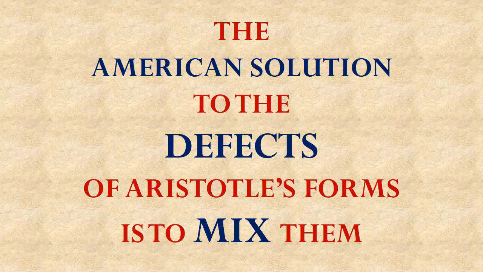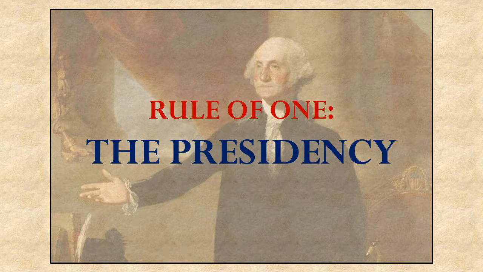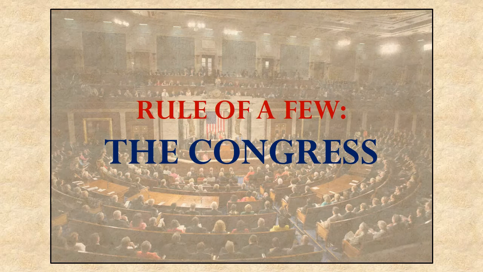The Founding Fathers' solution to the weakness of these different forms of government was to mix them together, like with Aristotle's polity, in the hope of gaining the best features of each form while preventing their problems. The American Republic embraces the efficiencies of the rule of one in the form of the presidency. By making the presidency an elective office, the Founding Fathers hoped to prevent the president from producing arbitrary results. Unlike a king, a president who behaved badly could be voted out of office.